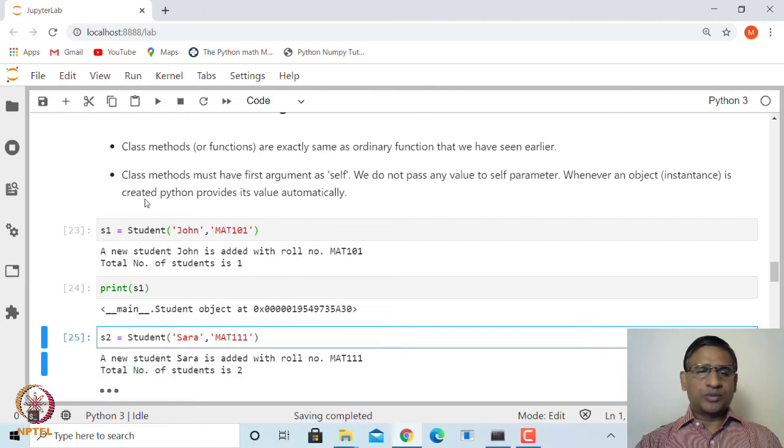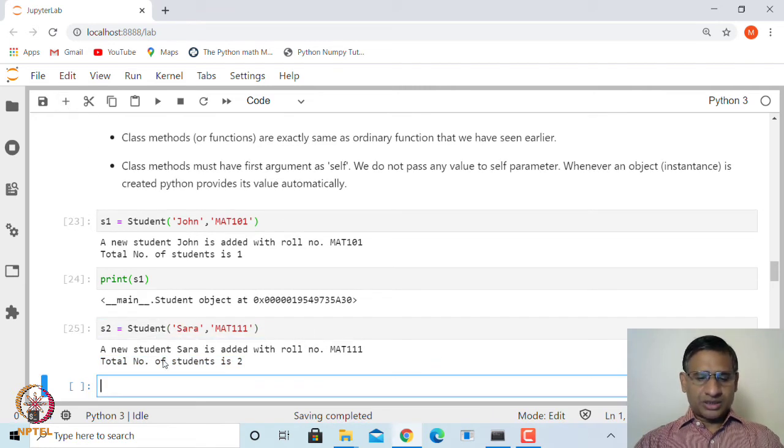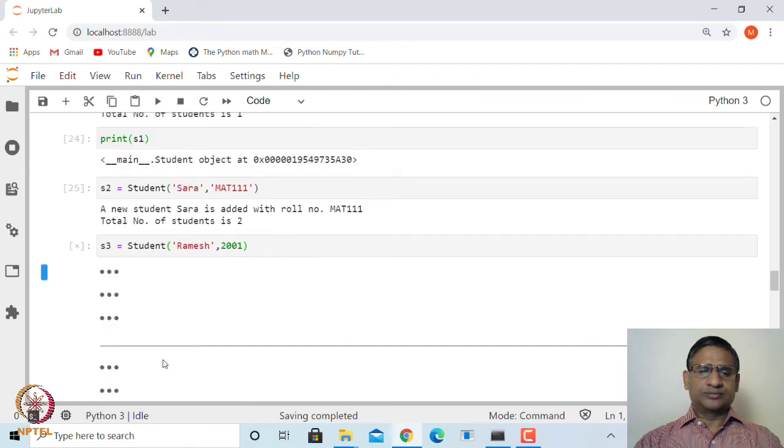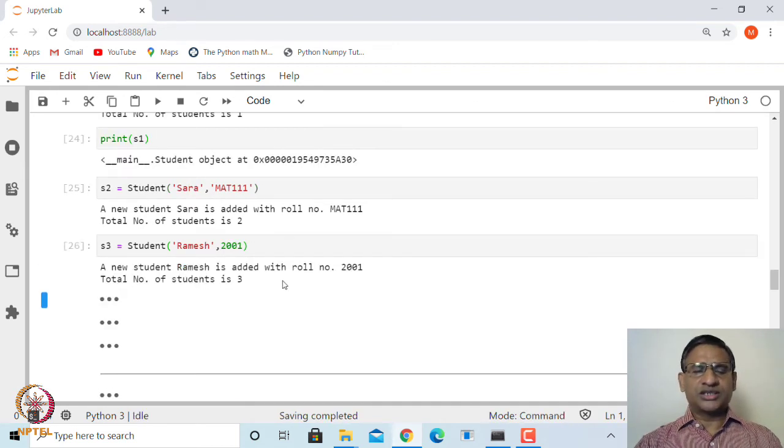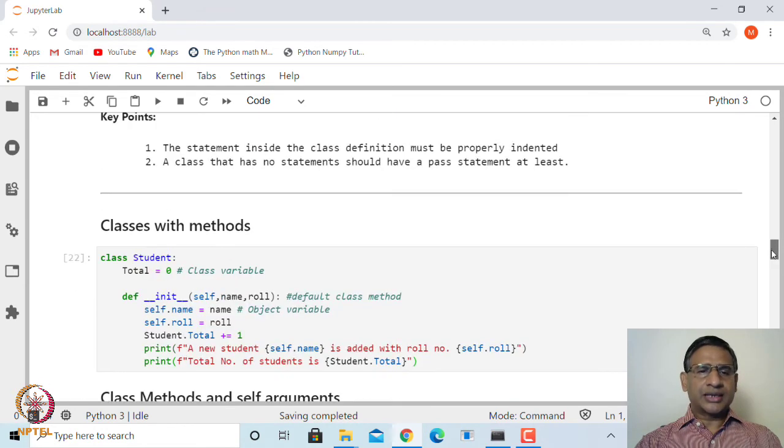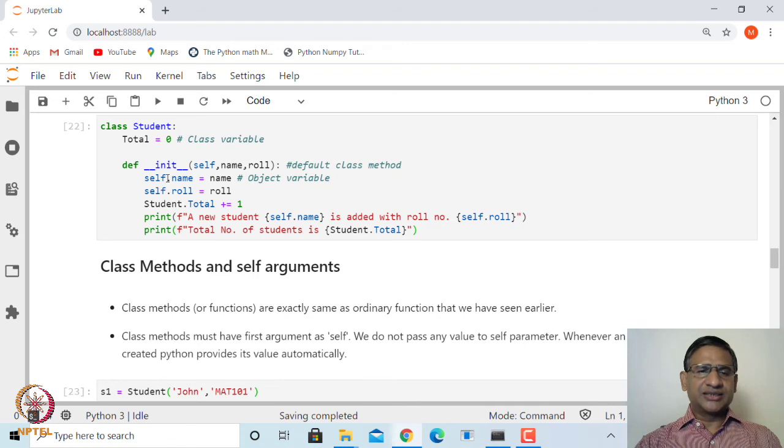If you create one more student, S3, which is equal to Student, let us say its name is Ramesh and its roll number is 2001. Now it says that Ramesh is added with roll number 2001 and the number of students is 3. So that is the way one can create a class with initialization,